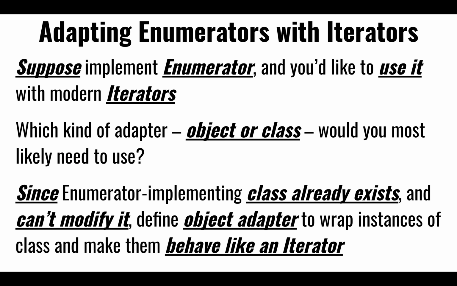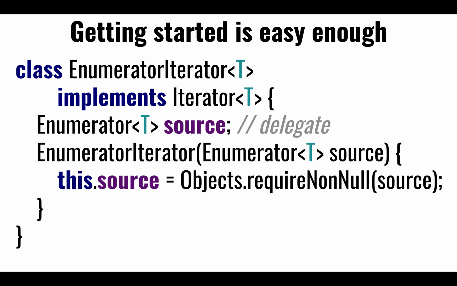And perhaps I already have a client and the client is spewing out instances of this enumeration data type, and because these objects are already instantiated, I go along with the object adapter. I have these instances, and I'm going to use that as my delegate. I'm going to pass it in my constructor, and use it as a delegate so I can forward the methods to it, so that even though it's an enumeration, I can treat it as if it were an iterator, as opposed to an enumerator. Okay. So we might get started and say, okay, well,